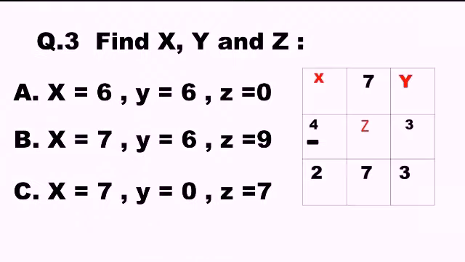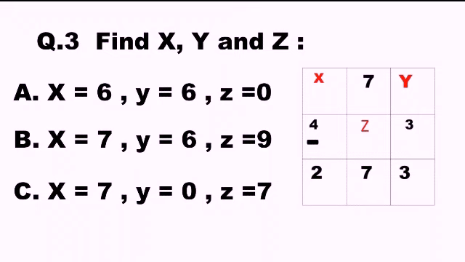In the third question, again it's a missing number sum. You know that it's a subtraction missing number sum. So it's a 3-digit subtraction. And here some places are in red, that is x, y, z are in red. So this x, y, z you have to find out. So how to find the missing numbers? You know the procedure. Just apply it and answer it.